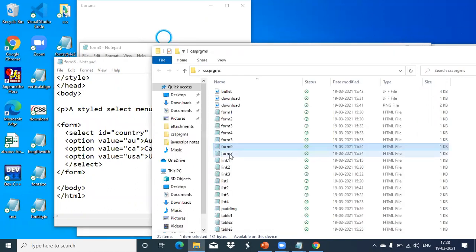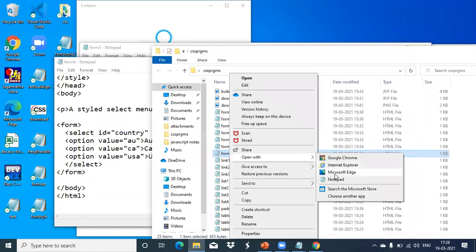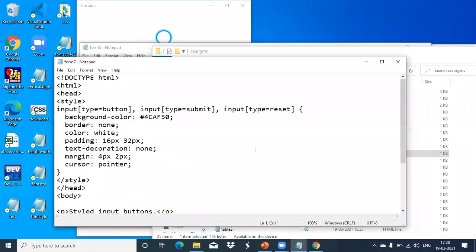Now, if you want to style multiple ones: input type button, input type submit, and input type reset. If you want the same styles for the whole thing, you can separate them using commas and write your tag names like this.